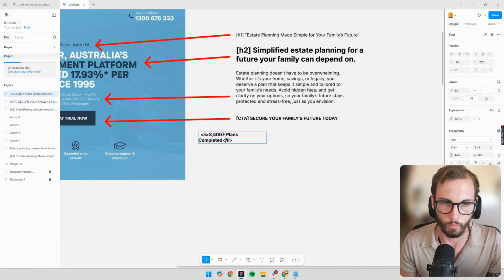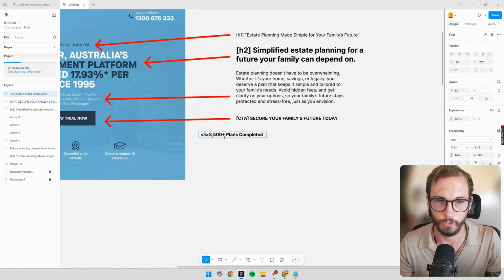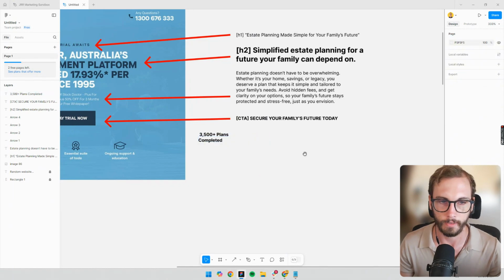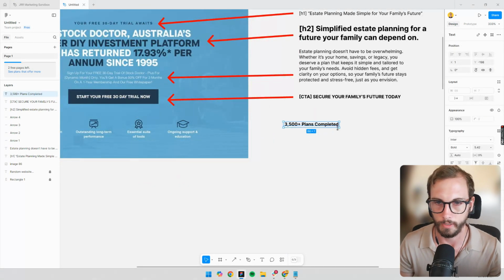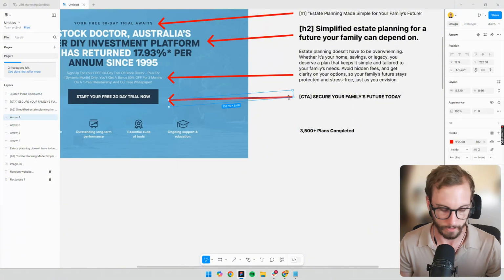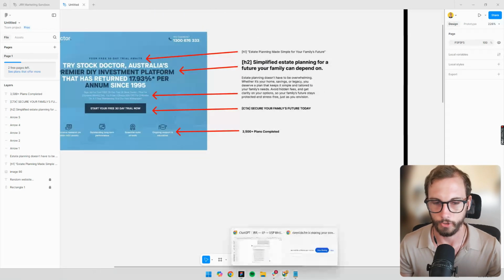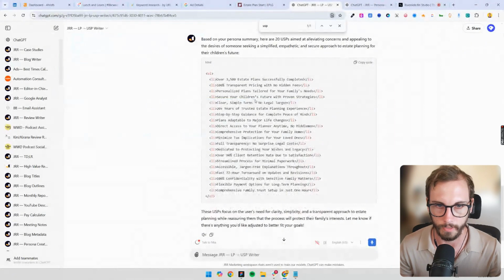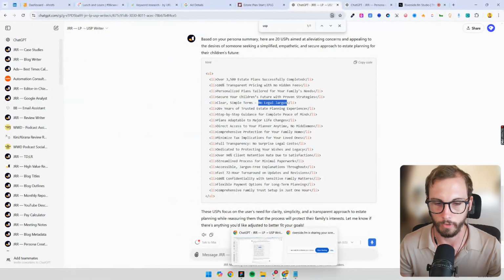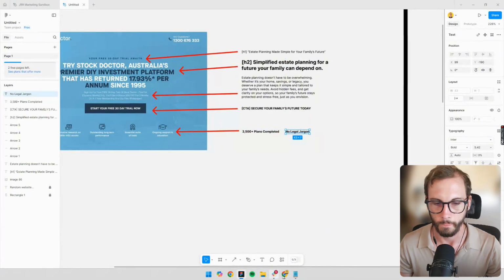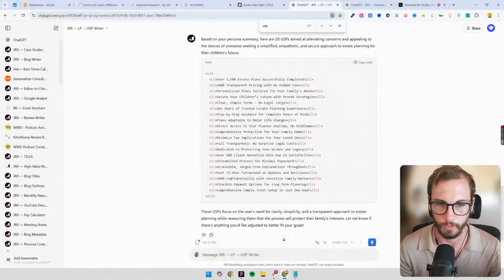You could do that. The word success is nice because it's got connotations around success planning or succession planning, so that could be a better one. But you do something like that, right? 3,000 plans completed. Obviously you'd fact check that against what you've actually done, and you'd send this to your dev. But basically you do something like that. And then you choose a few more. So you go, okay, well, we've got clear, simple, no legal jargon. So no legal jargon would probably be the words you highlight here. No legal jargon would be another one, because that would be amazing if you didn't have legal jargon and you could make it simple for the everyday person to go through.